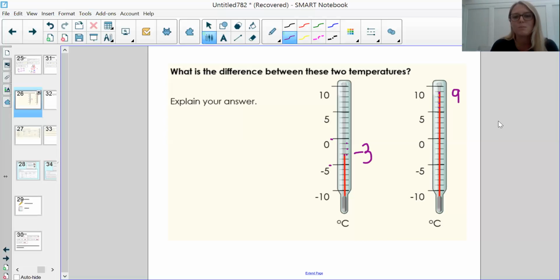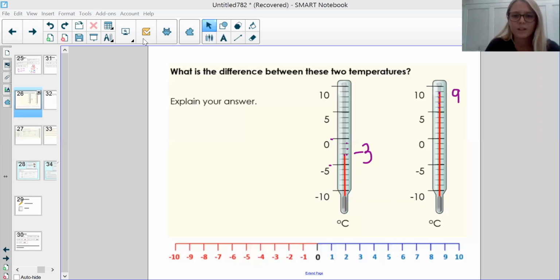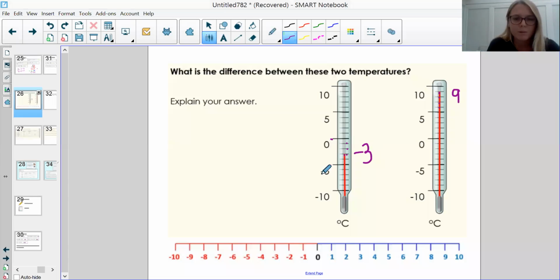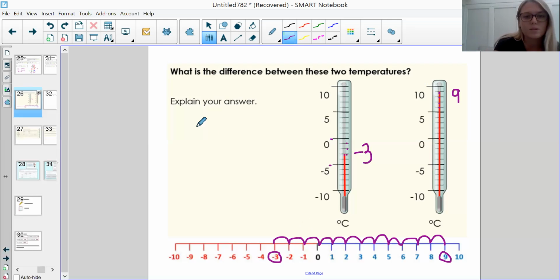Okay, so now I need to know the difference between -3 and 9. It's up to you how you do this, but I'm going to show you on a number line like we were doing yesterday. So I've got my number line. I want to know the difference between -3, so I'm going to identify that, circle -3, and 9. Like we were doing yesterday, if you want to know the difference, you need to count up from one number, so how many jumps it is works out the difference. So from -3, I'm going 1, 2, 3, 4, 5, 6, 7, 8, 9, 10, 11, 12. So I've made 12 jumps to get from -3 to 9. So I know the difference between these two temperatures is 12